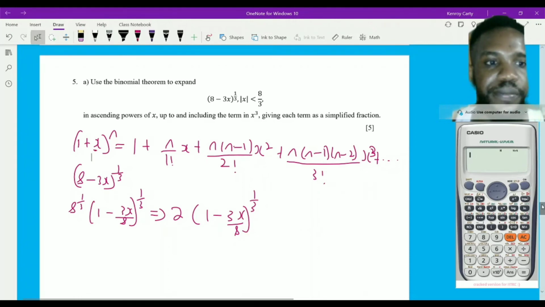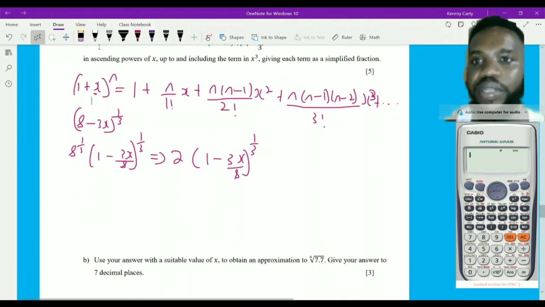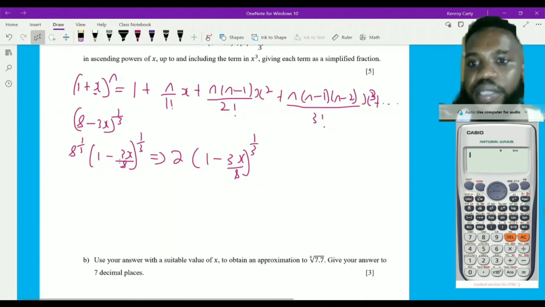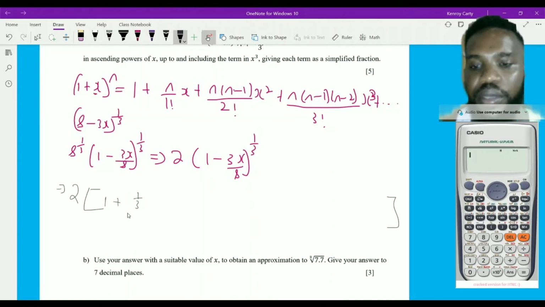Let me just scroll down a bit here. So this is actually going to become, let me see if I can do this in one line now. This would be 2 multiplied by the entire expansion, which I'm going to put inside of this bracket here. I'm going to have 1 plus n, which is 1/3, so 1/3 over 1 factorial. In the place of x, you have negative 3x over 8, so I'm going to have negative 3x over 8 here,